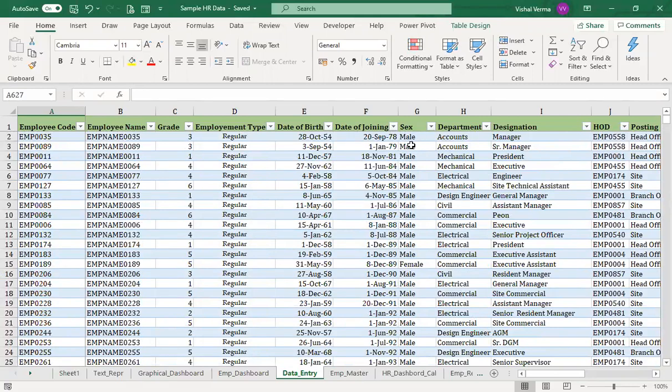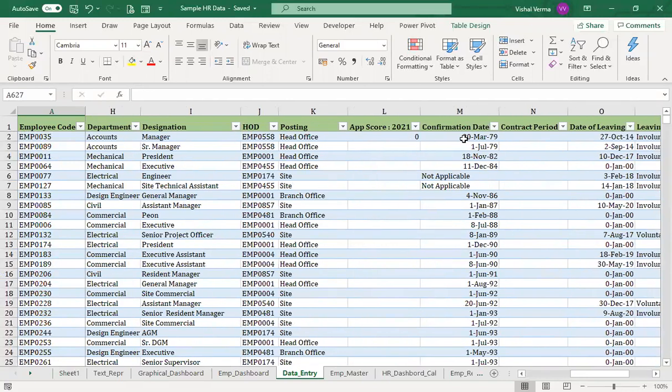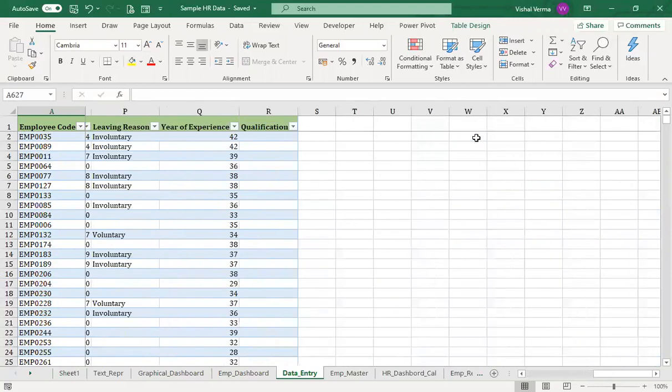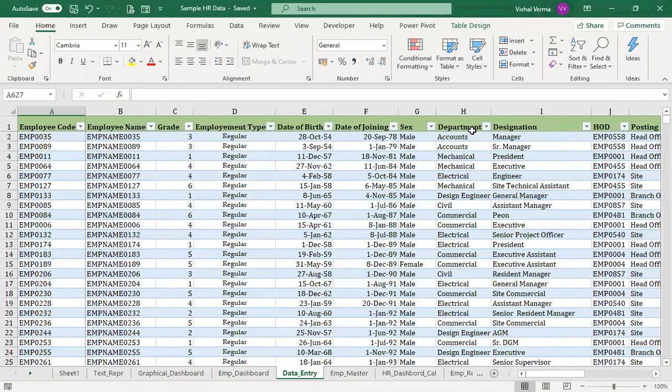Then we have the gender, department, designation, head of department, then the appraisal score of 2021, the confirmation date, contract period, and so on. So we have different information available with us.